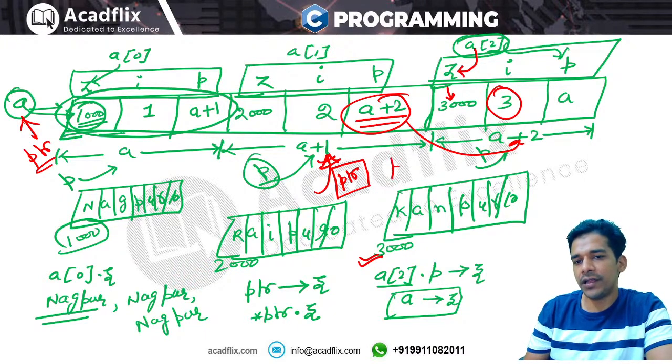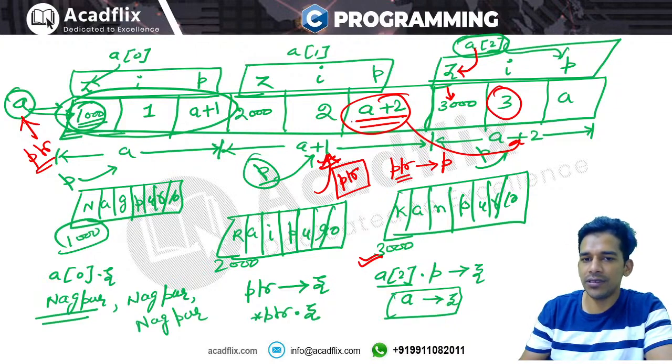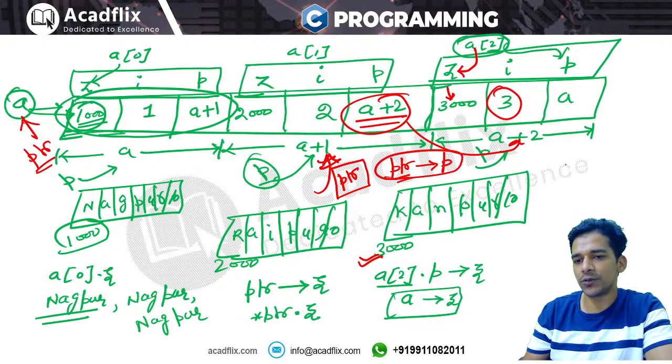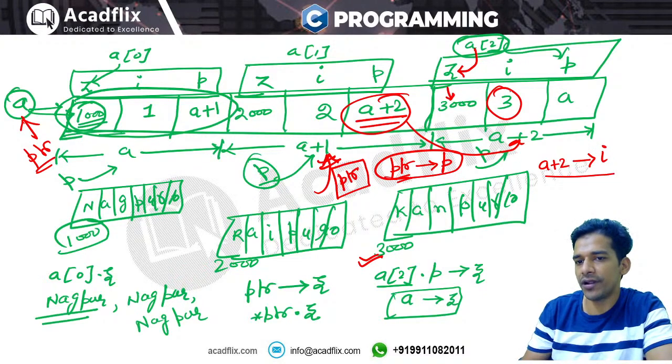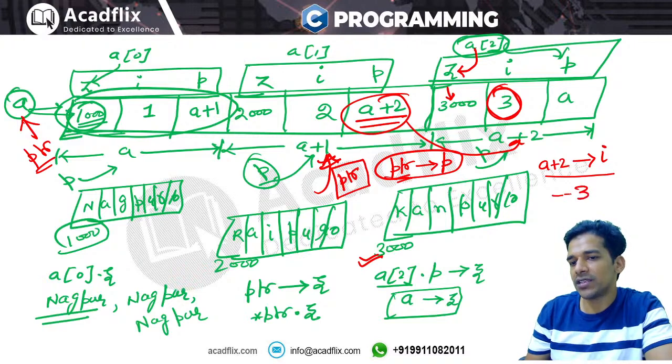तो आपने कहा ptr->i, इसका मतलब क्या है कि ptr जिसको भी पॉइंट कर रहा है उसके i वाले पार्ट पर जाओ. ptr is pointing to this, and इसका i पार्ट क्या है? a plus two. तो ये आपको दे देगा a plus two. ओके, अब आपने कहा a plus two और फिर a plus two->i, right. इसने कहा कि a plus two जिसको भी पॉइंट कर रहा है उसके i वाले पार्ट पर जाओ. a plus two इसको पॉइंट कर रहा है तो आप इसके i वाले पार्ट पर गए और आपको वहाँ पर मिला 3. तो अब ये हो गया है minus minus 3.